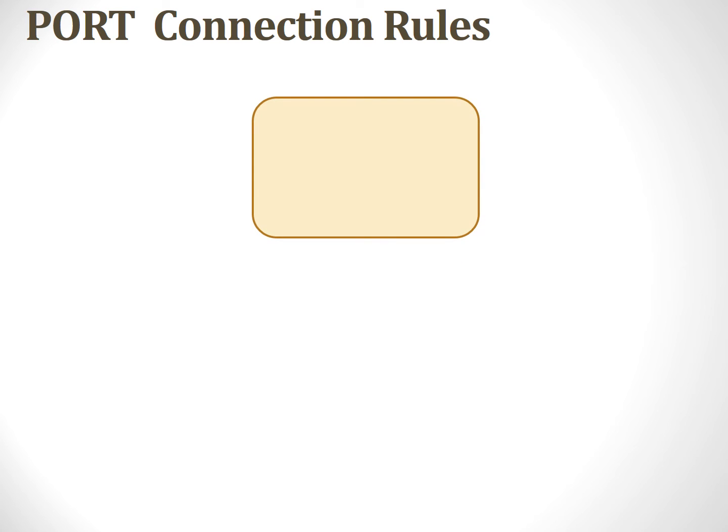Let's imagine this is a module. The signals which enter the module represent input ports. They enter through an input port. Signals which go out of the module represent the output port. This is the port through which the signals can leave the module. And we have bidirectional signals which represent the inout.